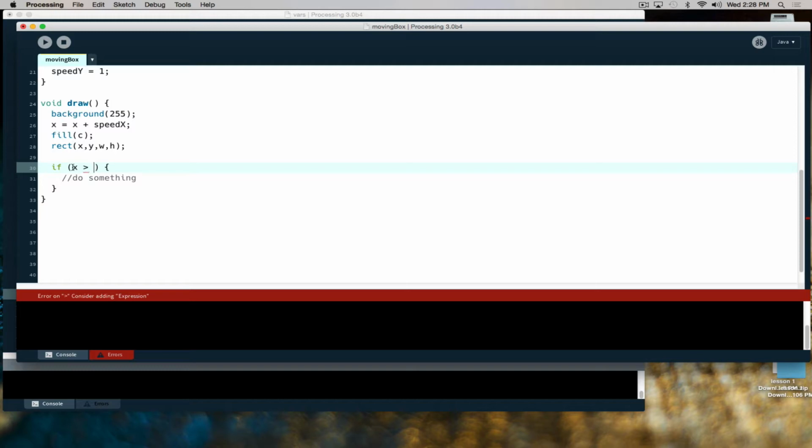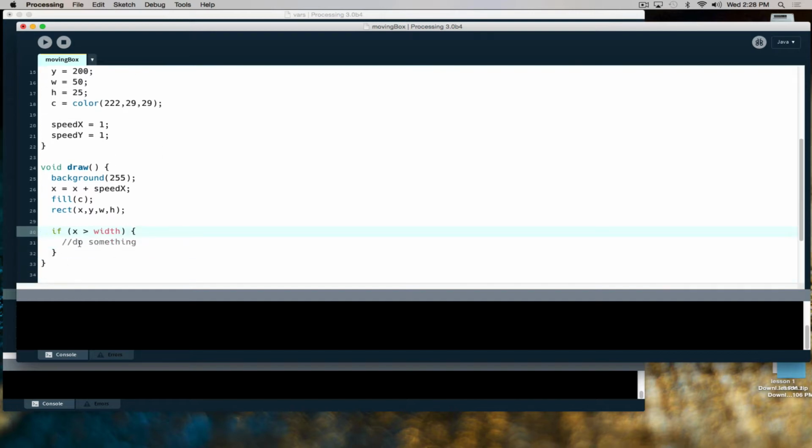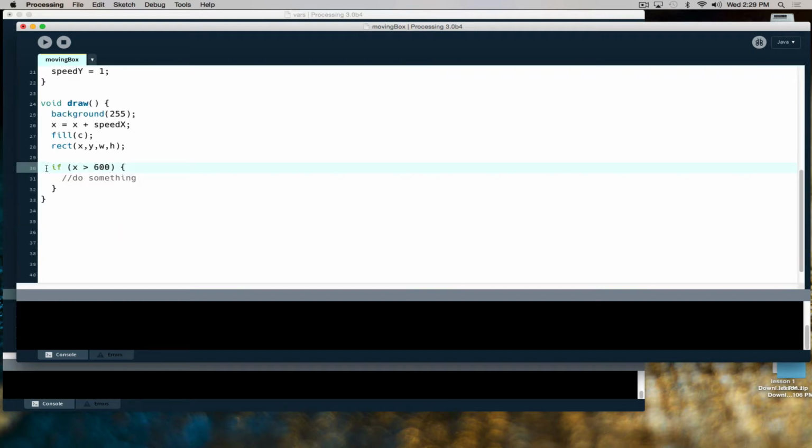Well, there are two variables that are program variables that are part of your project, which is width and height. The width of your sketch and the height of your sketch, those are stored. So I could actually just say width like this, and it knows that. So I don't have to, in my setup, say I want width equal to 600. I just said size is 600, and now it knows width is 600. But I could just as easily type in 600 because that's the size of my project. Question, if my X is greater than 600,